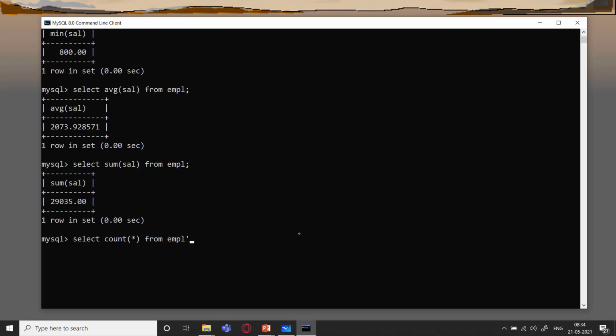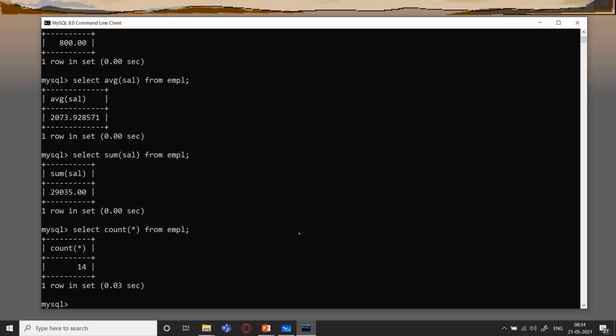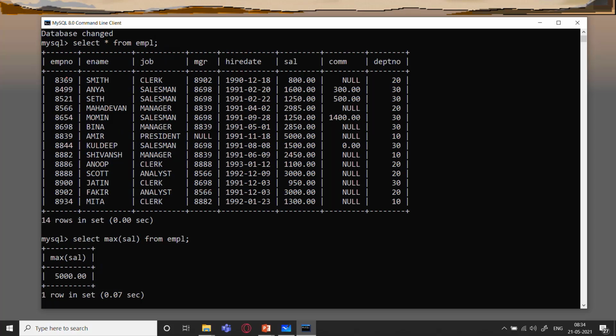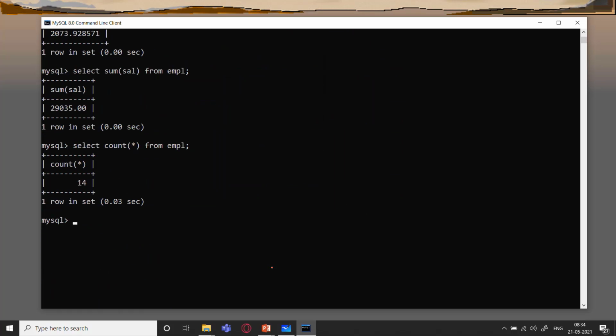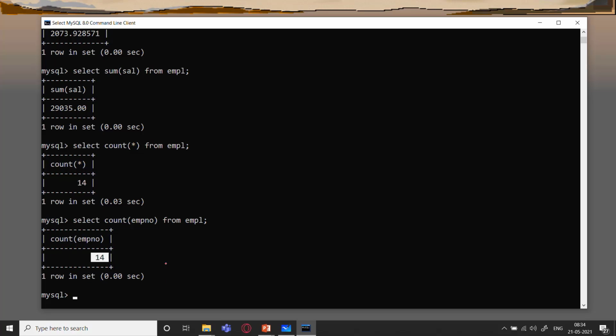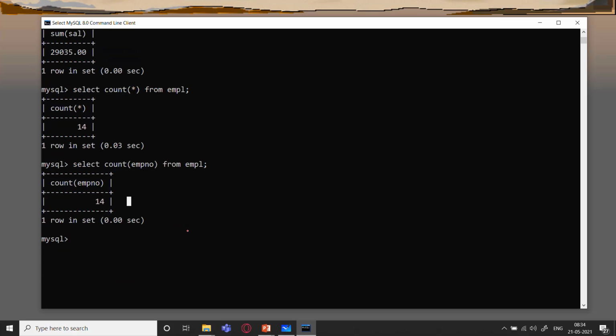You can also include any of the field names, like if I include EMPNO, I can do that also, which will also give me the same value, that is 14. But normally we don't do this because there is a subtle difference between these two.